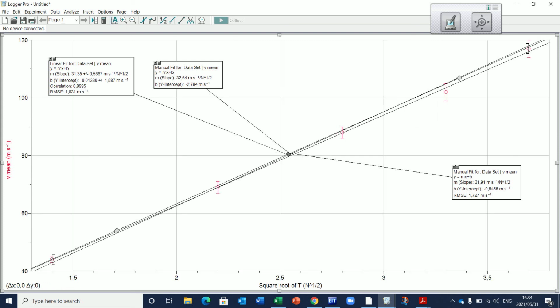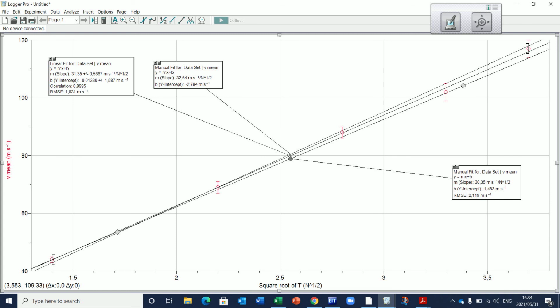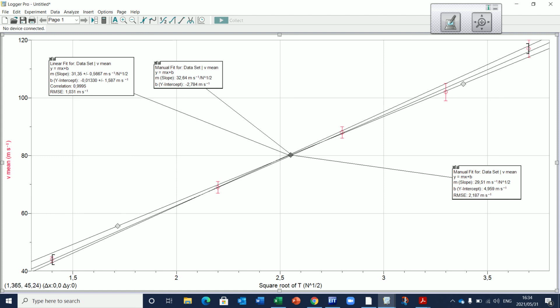There we go. Right, let's move this line so that it's passing through all the error bars, but we have the least steep slope. So I'm working over here near this top right data point, getting it to the bottom of the error bar. Then I go right down to the bottom, find the other end, and get it through the top of that error bar,